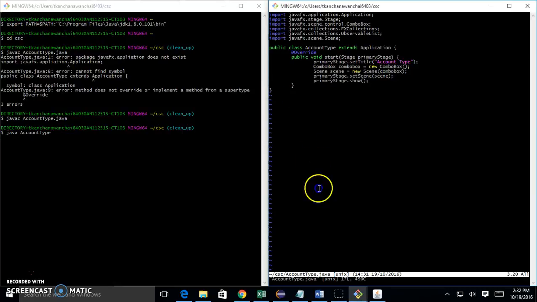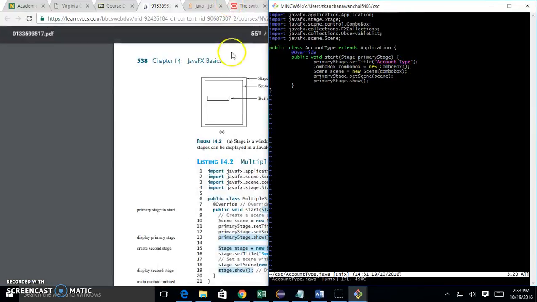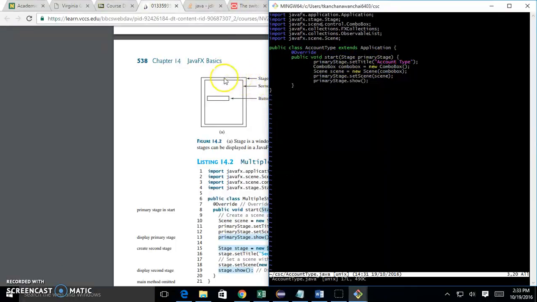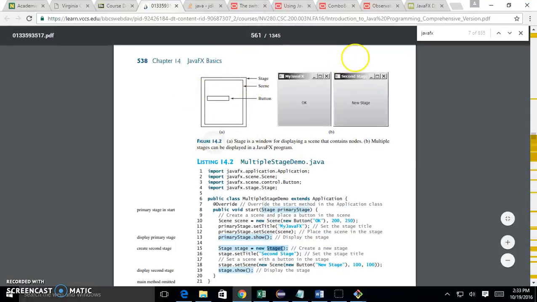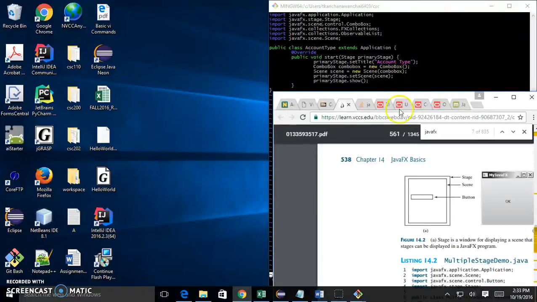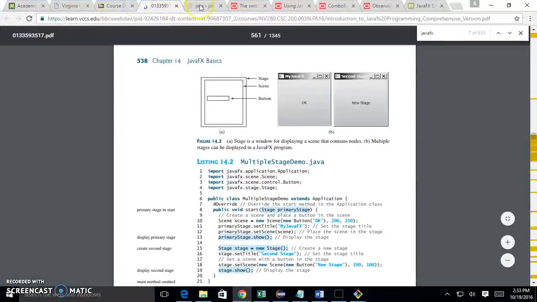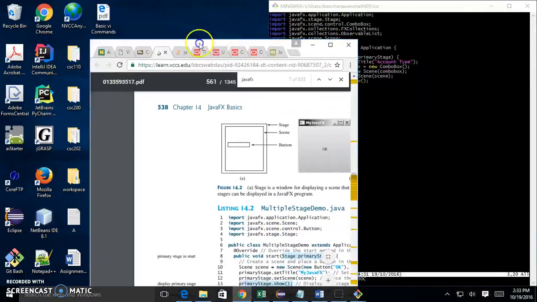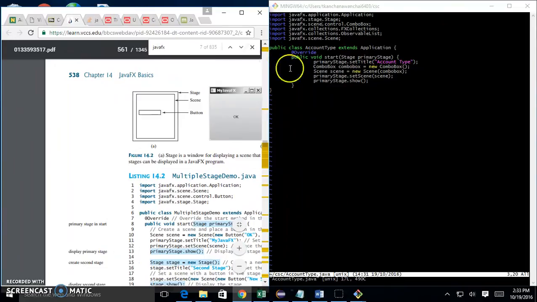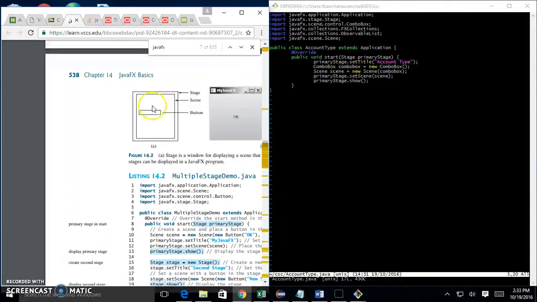So we have combo box, which is good. Now we're going to populate the values into that now, right? So we're going to put the values into this. Okay. Let's review this a little bit before we do that. Like exactly, stage, right, is the primary stage right there. So if you look at an image here, right, and combo box is just like that button,